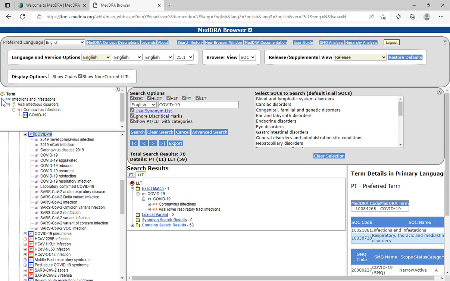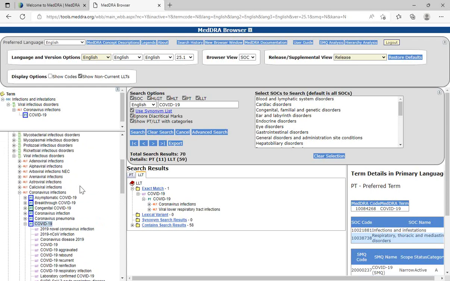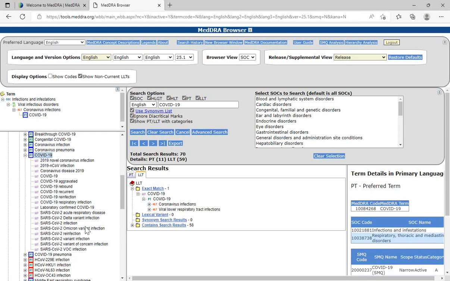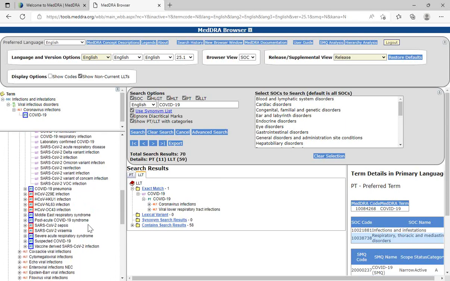A better choice would be, let me see. Okay, so now a better choice would be COVID-19 pneumonia. Here's something that I want to look at further, suspected COVID-19, because actually that's what it is, right? The doctor is suspecting, that's why it's a provisional diagnosis, and he's ordering a test. So the best LLT with the given report that we have is suspected COVID-19 without laboratory confirmation, right?